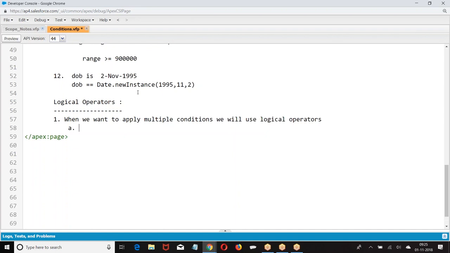So what are those multiple condition operators we have? First one, AND operator. Everybody knows the AND operator, right? Irrespective of branch, the AND operator is there. Now what was that?